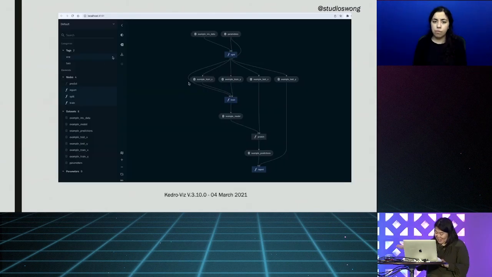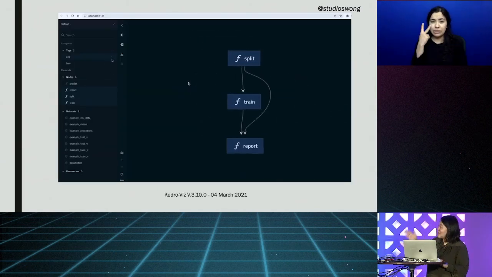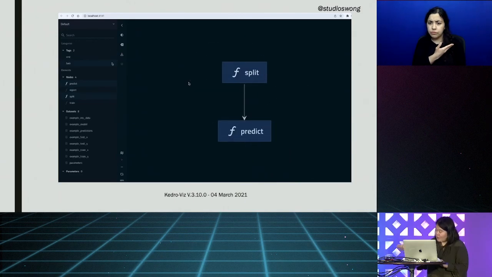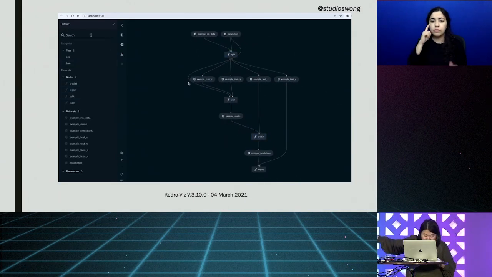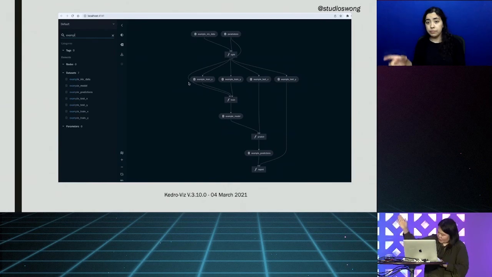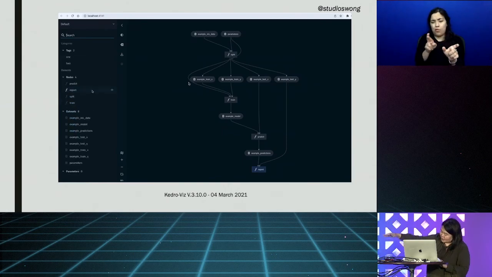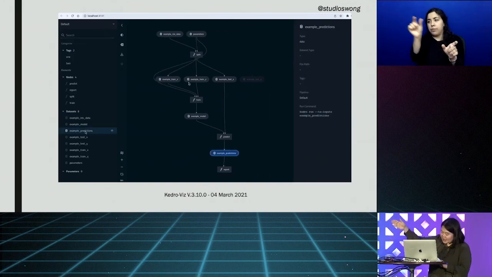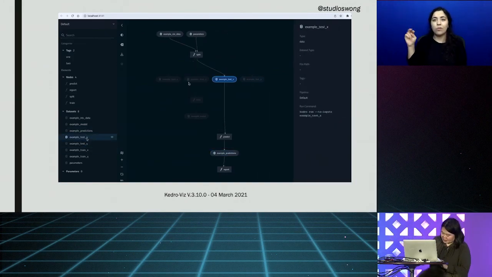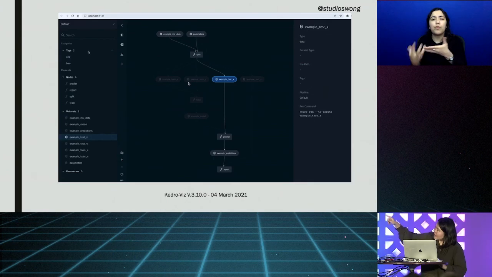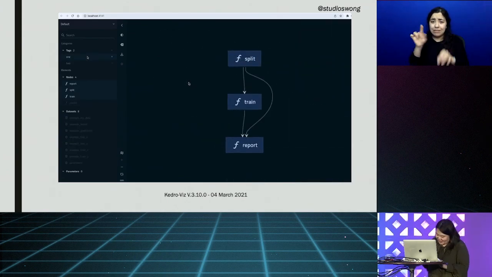So what you see here is the current version of Kedro-Viz. You can see on the right our sidebar, on the most right. Our sidebar mainly consists of four flat lists that list all the elements: tags, nodes, datasets, and parameters. And on selecting individual tags, as you see here, it allows you to filter out the associated nodes on